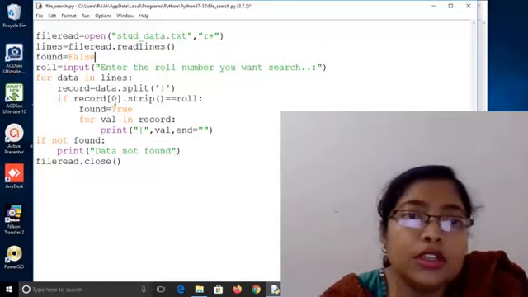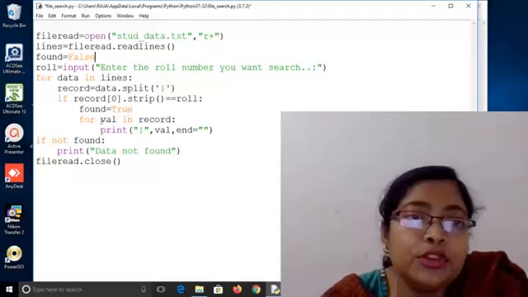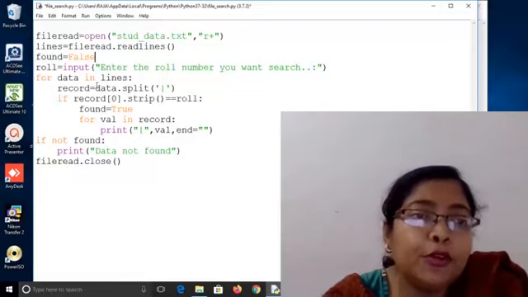So if record 0 dot strip, here also I am removing the white spaces if anything is there, is equal to the roll number which I am trying to find, then found will be true, then all the data items in the record separated by the pipeline will be printed. If no record is found, then data not found will be printed.